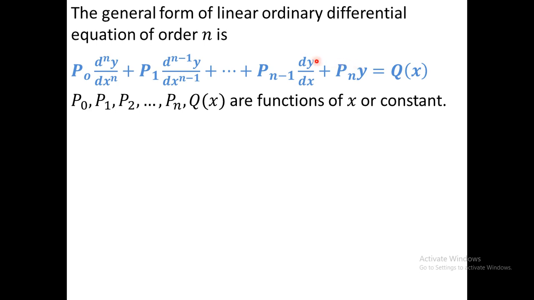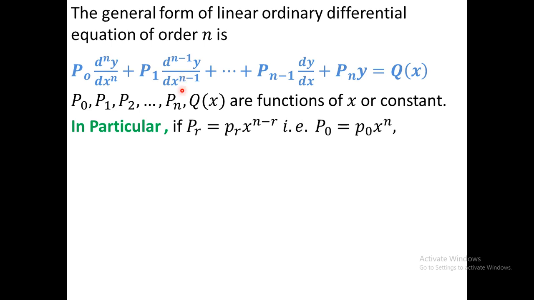You see that the first order derivative has coefficient x, the (n minus 1)th order derivative has coefficient x to the n minus 1. There are similarities between the coefficients and the order of the derivative. For this reason, this differential equation is called homogeneous, and it is said to be Euler's homogeneous equation. So I write in particular P r equal to, that is, if you put r equal to